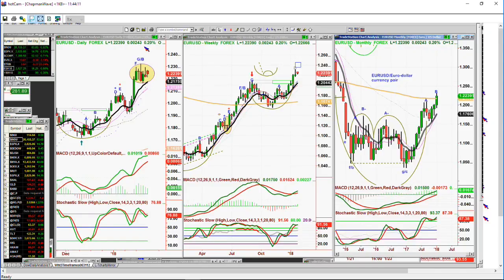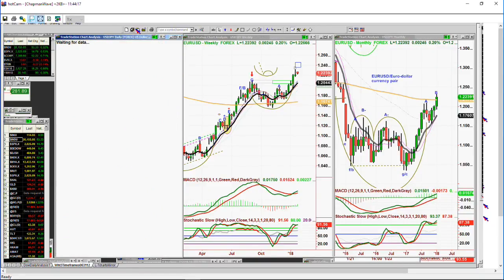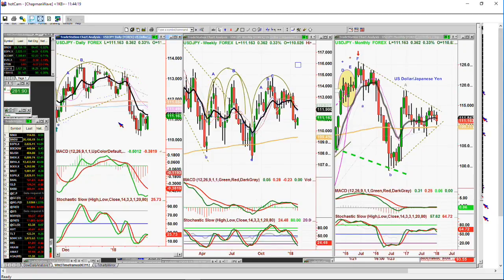So there are a lot of key support levels. Let's look at the USD JPY, which is the dollar-yen currency pair. And that is a very strong candle, much stronger than the dollar. It's at 111.15, up 0.35, but it's still stuck within a range. And until the dollar-yen currency pair can break decisively to a leg B, making it 111.65, really,